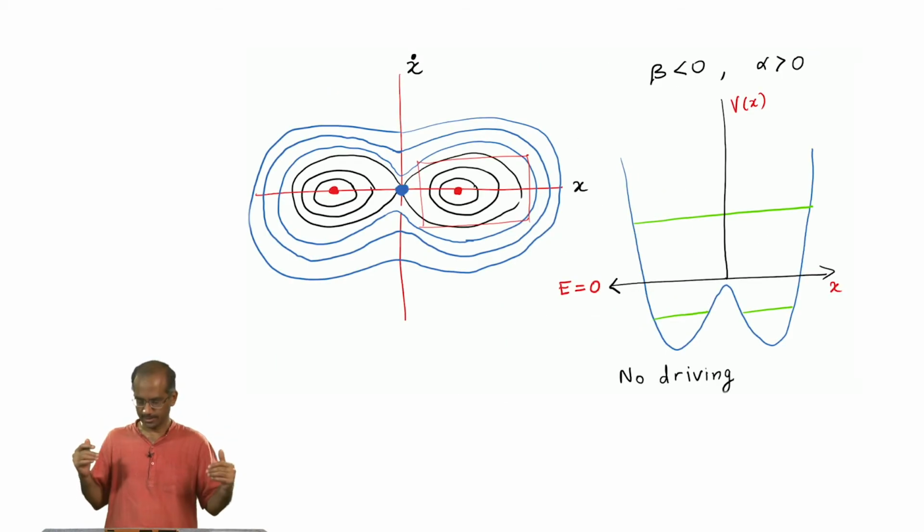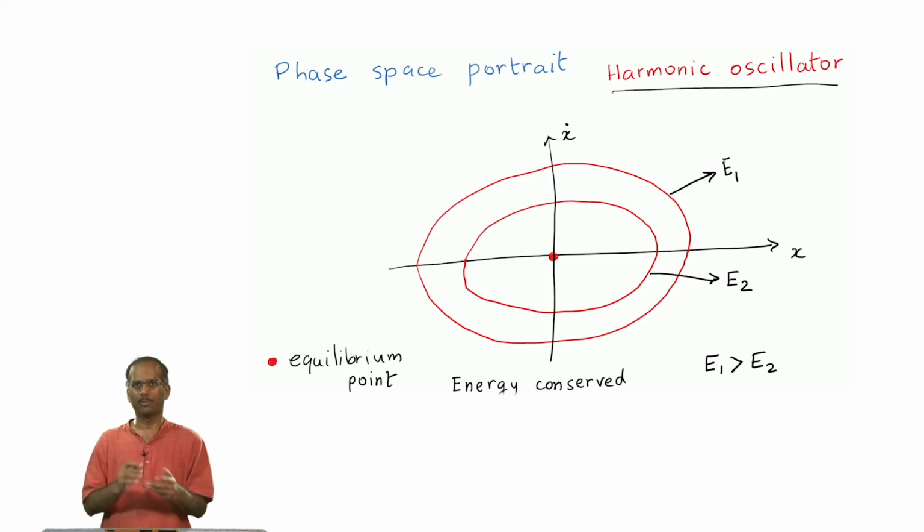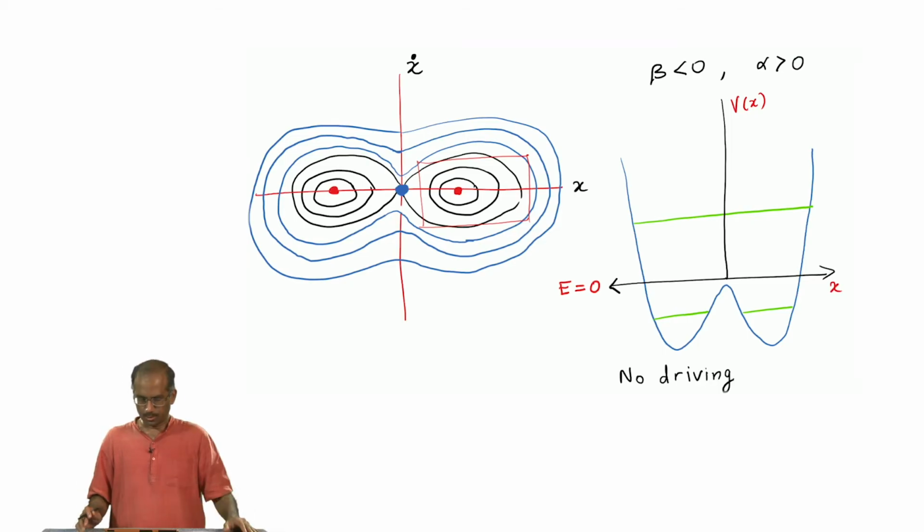But as energy increases, you go past this structure of two bowls, and then you get much larger ellipse-like structures, which also in some sense look like harmonic oscillator closed curves. They also give periodic solutions. Again here, if I had put in dissipation but no forcing, these elliptic-looking curves would become spirals. They would spiral around and finally settle at one of the two stable fixed points, which are indicated in red color here.